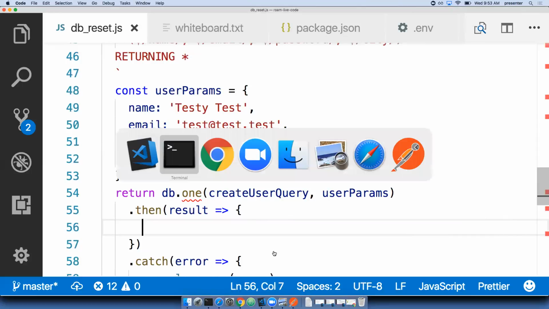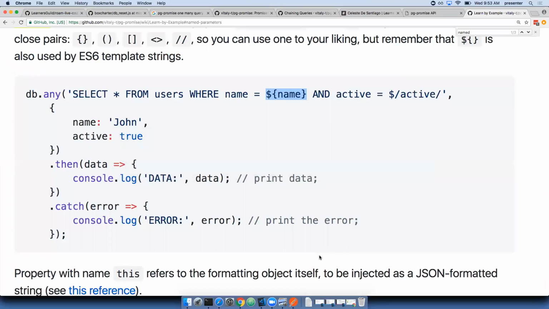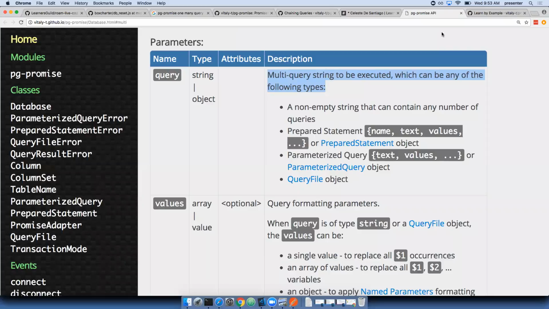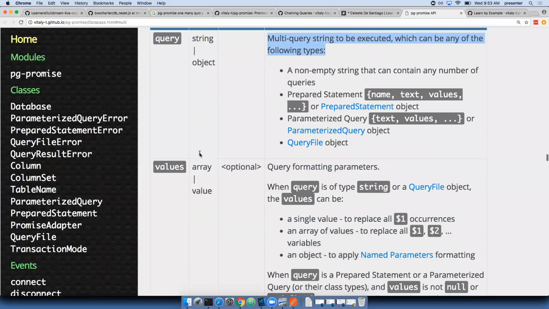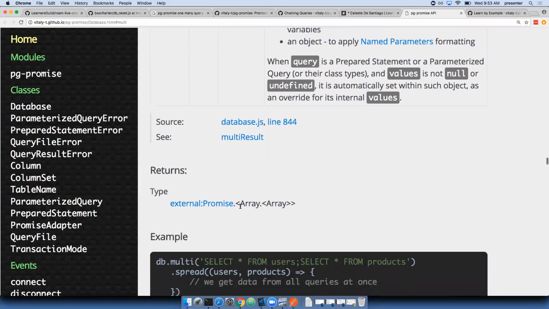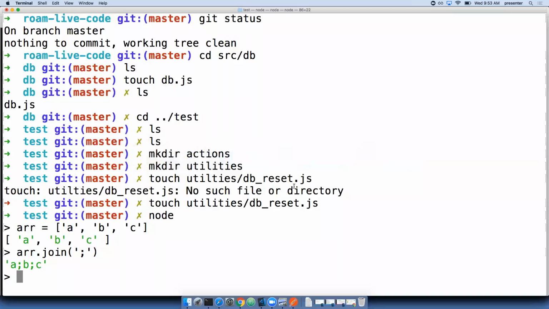What if I do the multi? So if I do the multi, the values, right, and what does it return? What does multi return? It returns a promise that resolves to an array. Let's just try some stuff. Okay. So let's